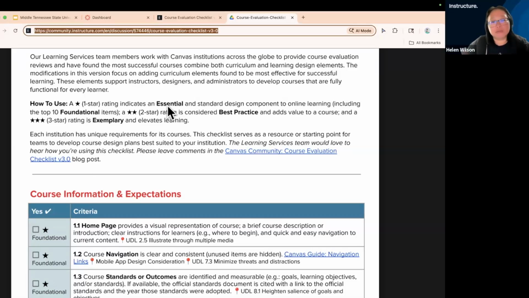Now, in the future, when you feel a little more fancy, you've got some more energy, you've got some more time, you have more comfort with Canvas, maybe a year from now, you can consider adding in the two-star items. These are considered to be best practices in course design, particularly with online course design. And it would be awesome if you have the bandwidth to implement a couple of two-star items during that first